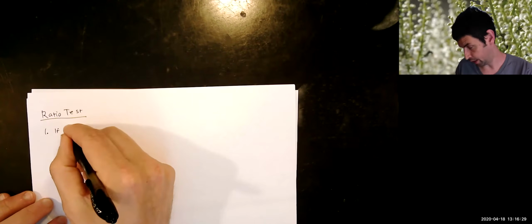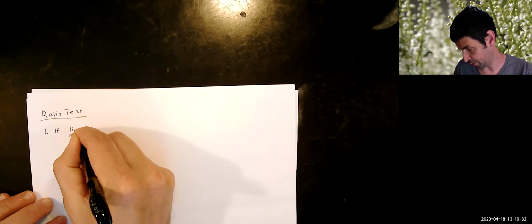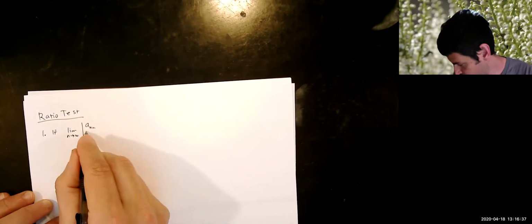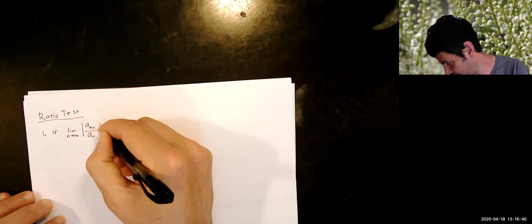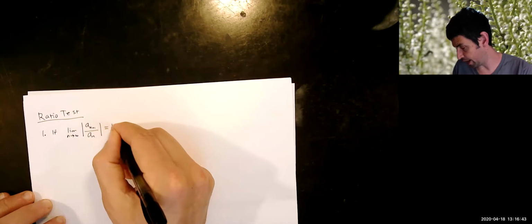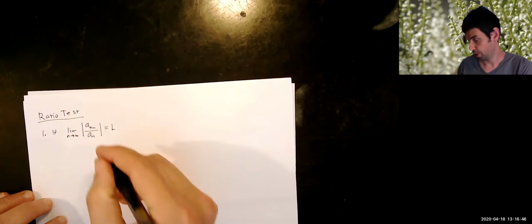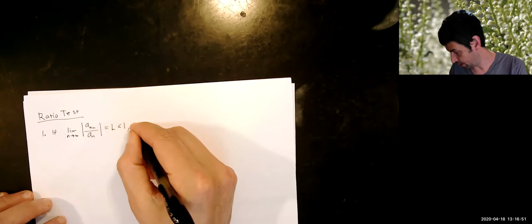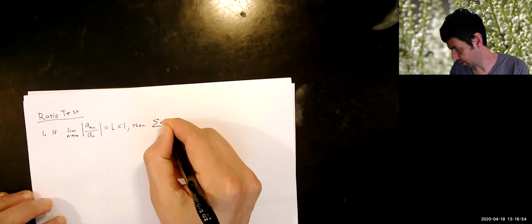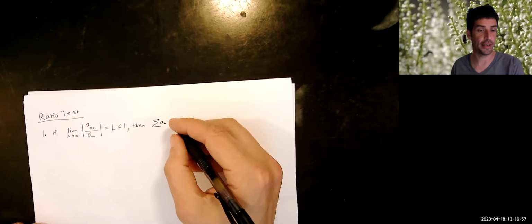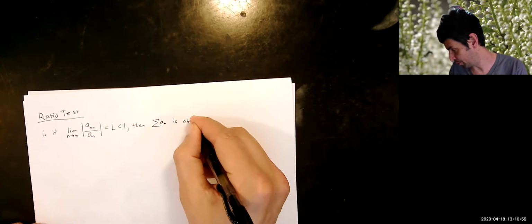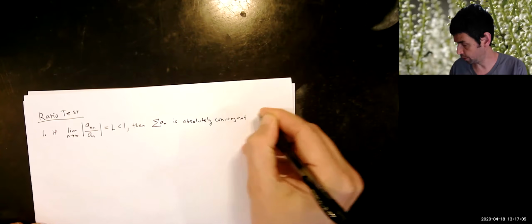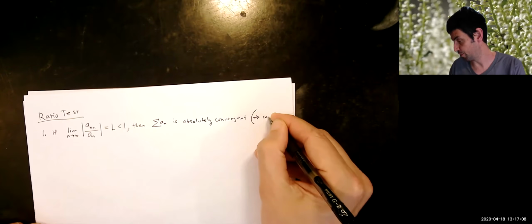If the limit as n goes to infinity of the absolute value of a_{n+1} over a_n is equal to L, some number, and that number is less than 1, then the series, the sum of a_n, is absolutely convergent. And recall, that means it's therefore convergent,